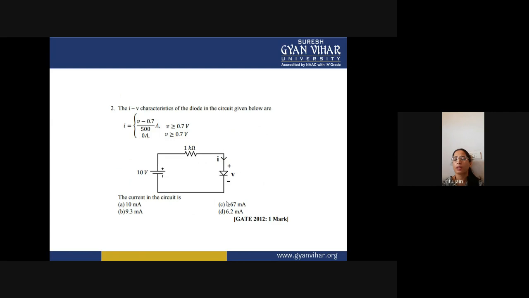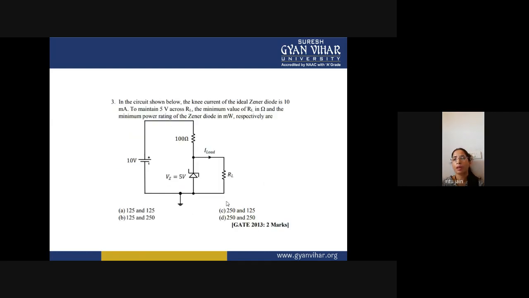So by applying KVL and KCL, you can easily find the voltage across the diode and the current flowing through the diode. This is your next question. In the circuit shown below, the knee current of the ideal Zener diode is 10 milliampere. To maintain 5 volt across RL, the minimum value of RL in ohm and the minimum power rating of the Zener diode in milliwatt respectively are: